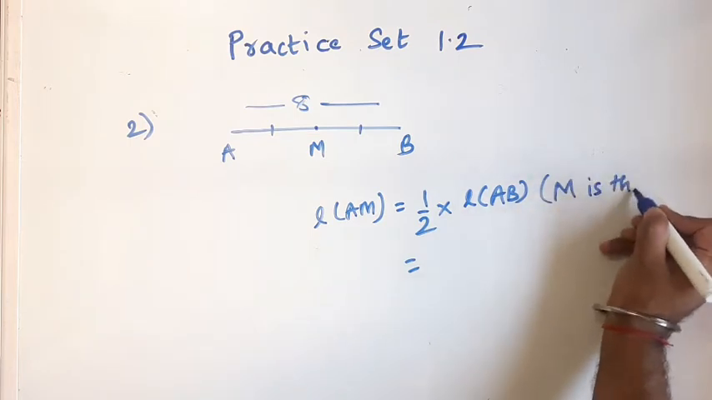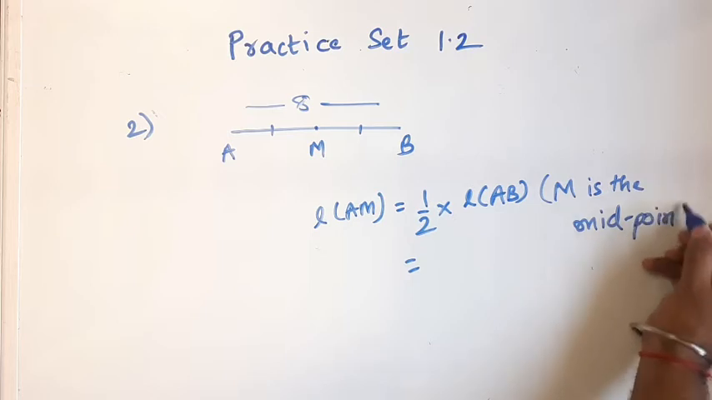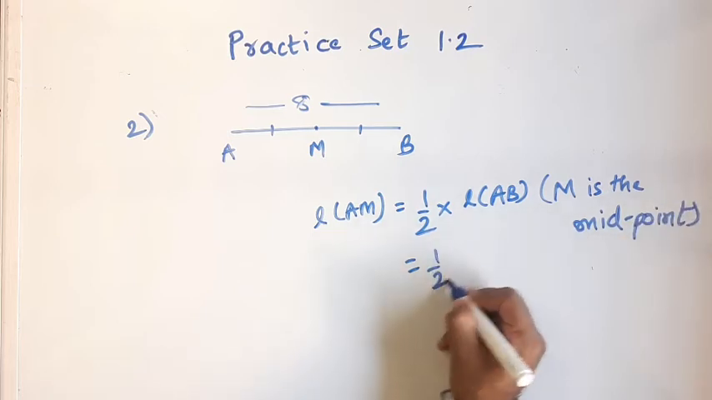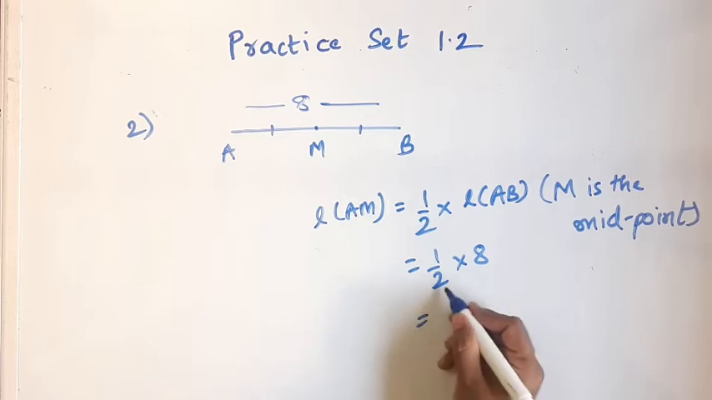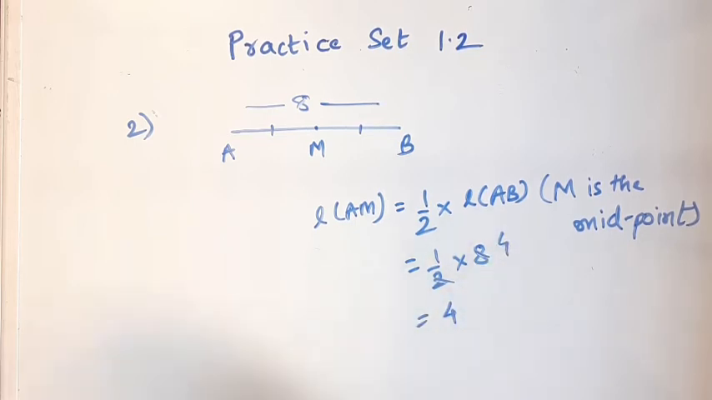M is the midpoint. Okay, so it is half of 8. 2 and 8 I can cancel. This becomes 4. Okay, so it is 4. Nothing to write because they have not given centimeter. Just length AM is 4. Okay, then third one,